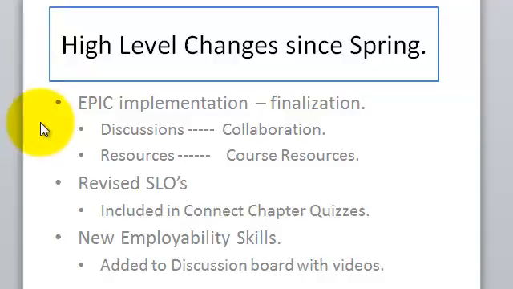So, first of all, there have been some Epic implementation and the finalization of that, which, for example, discussions have been changed to collaboration, resources have been changed to course resources. And because of the timing, we're going to have to do some tweaking based on the shell you got and the shell that they finally landed on. Secondly,